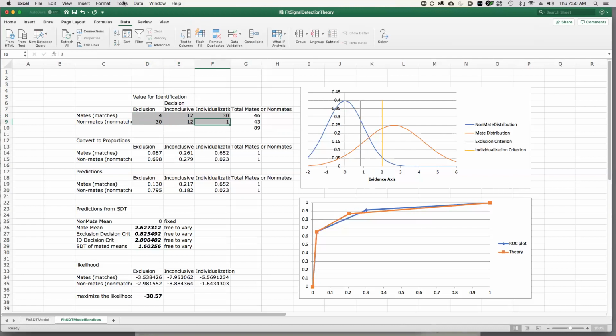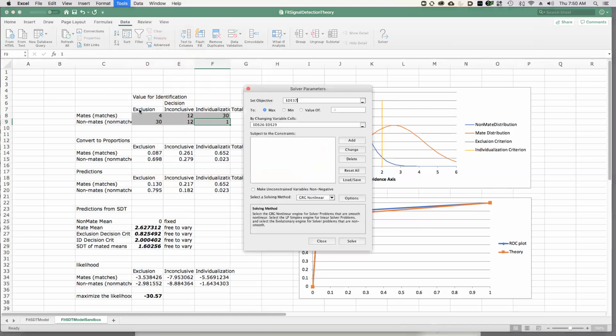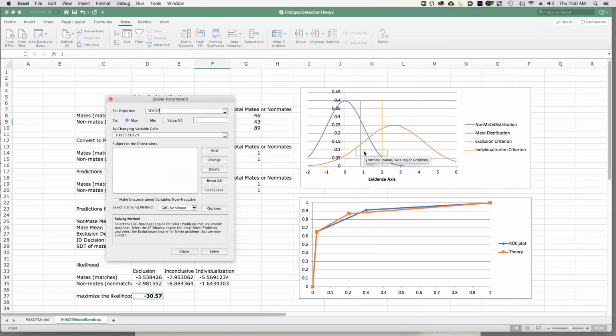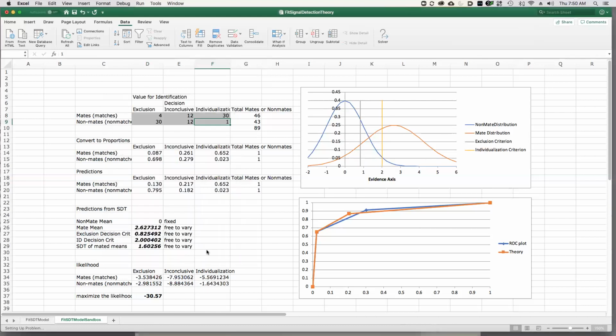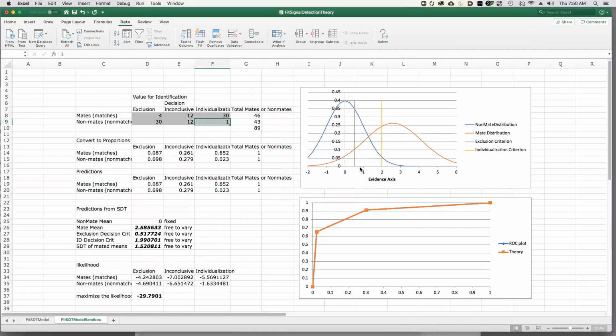Now if we go through and we do our solver, watch as I click solve here, watch these curves, sorry, the decision criterion, they should get closer together. So I'll click solve, it's gonna think for a minute, and when I click OK, it will move these closer together